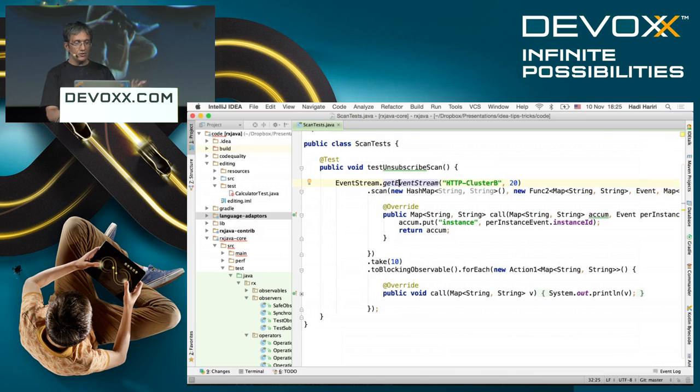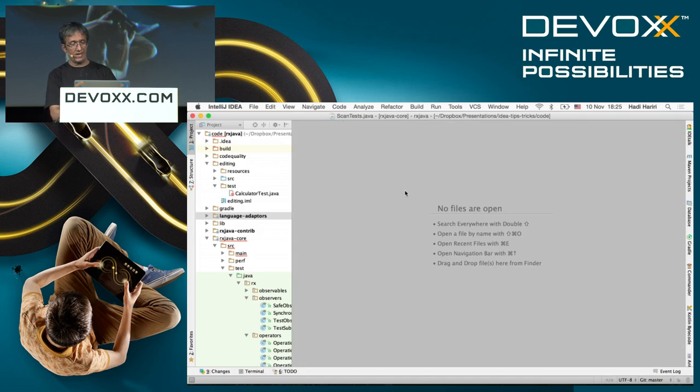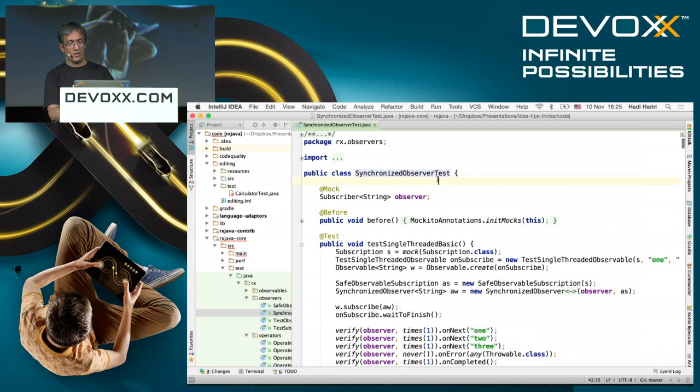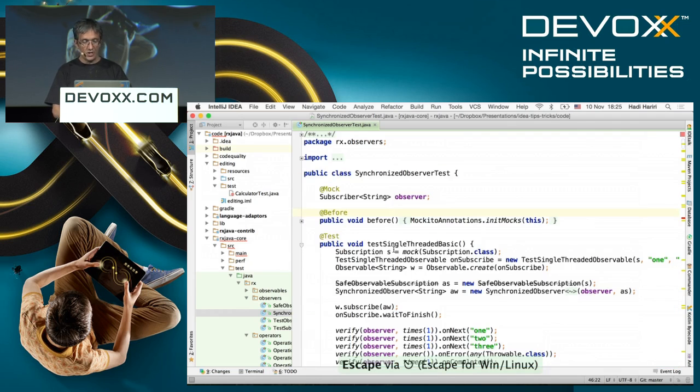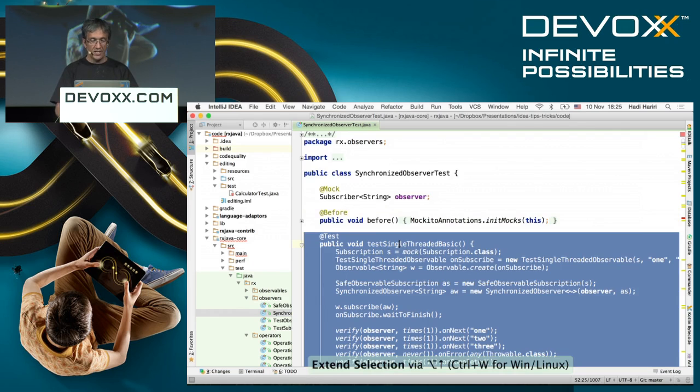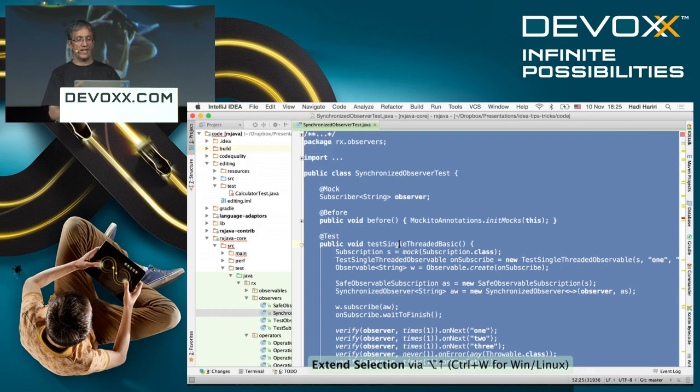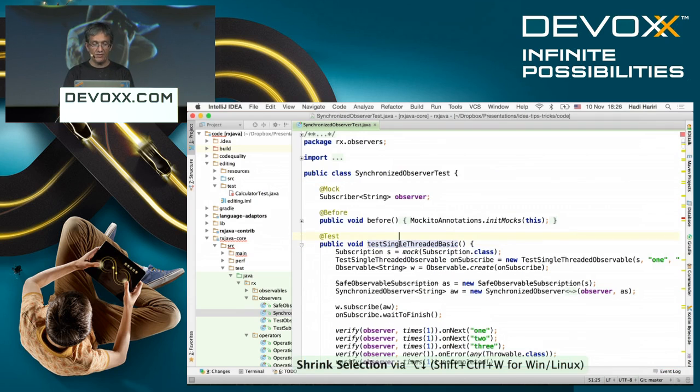So another thing, how do you select text? Now, initially we used to select text with Control W, Command W, and the Mac users really got upset with us because they kept saying, I want to close my window and you keep selecting text for me. On the Mac, by the way, if you're using the Mac, you have to use the 10.5 plus keyboard map, right? So if I want to select text, what I do is I put the mouse here and I go like this, okay? Or you can just press Alt and up, and you can see that it's context sensitive. So based on where you are, it will select, for example, a method. You can extend to select more methods, extend to select the class, and so on, and you can shrink it the other way around as well.